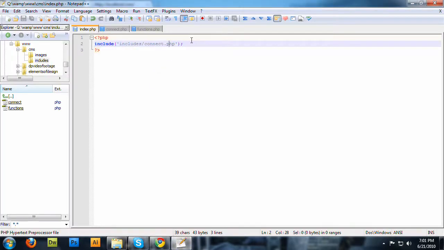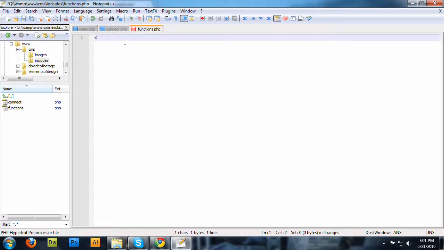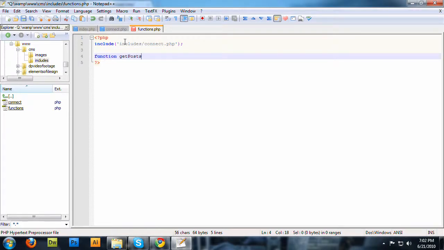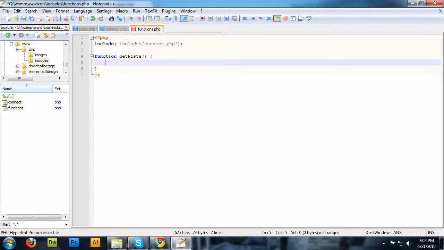So now you're probably wondering, how do we display the data on the page? Well, what we're going to do first is take this connect.php include out of the index page, and put it at the top of our functions page. Now that that's in here, we're going to make a function, and we're going to call it getPosts. What this is going to do is grab all the posts from the database and display them on a page. The first step is I'm going to set up a query